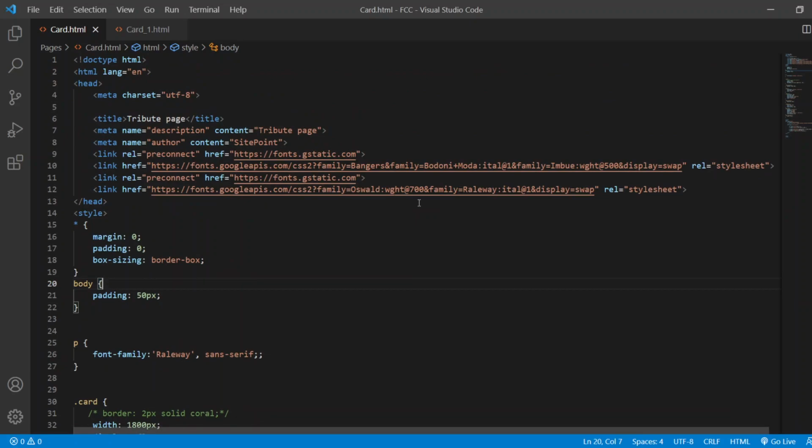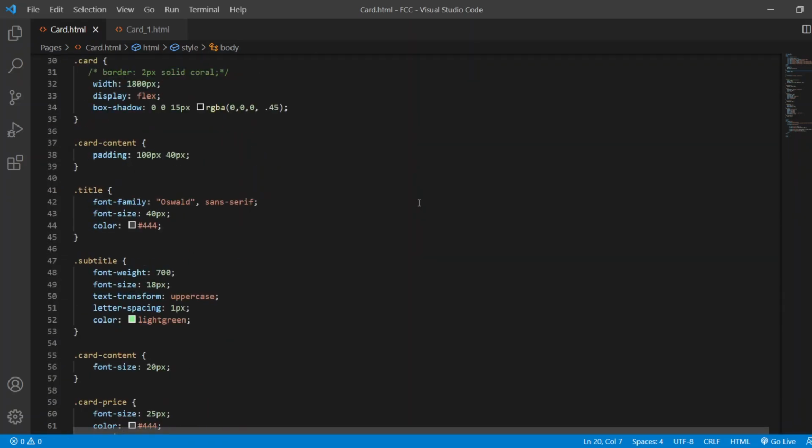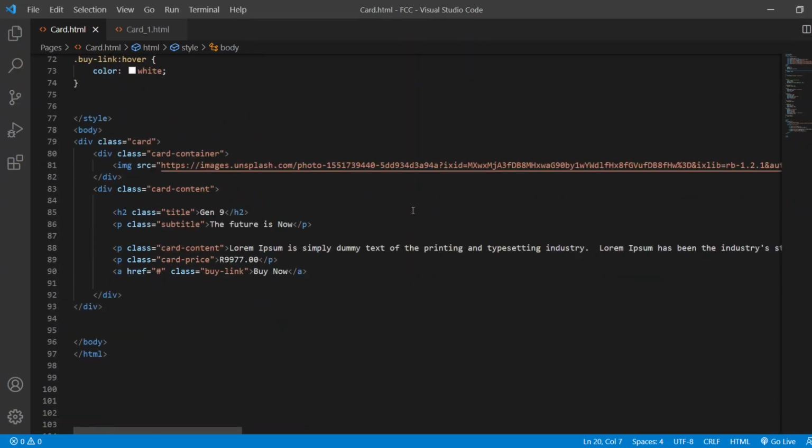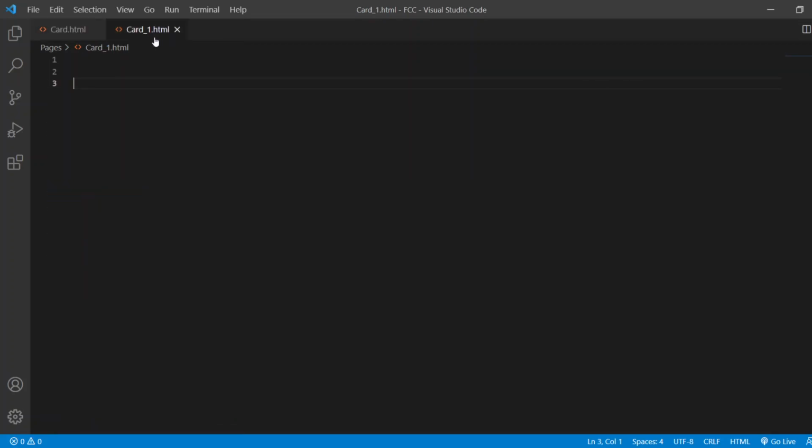So in today's video I will show you how to create a simple product landing page. I already have the whole thing set up right here, all the HTML, all the CSS, but obviously I'm not going to do this. I'm obviously going to restart from scratch. So I have a new file opened in VS Code called card_1.html. So let's begin. The first thing to do is declare doc type,